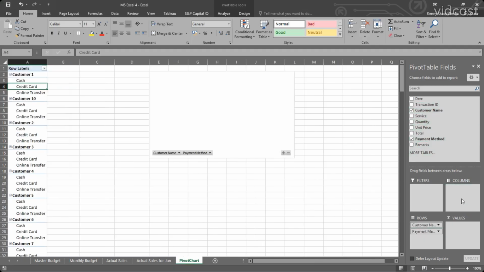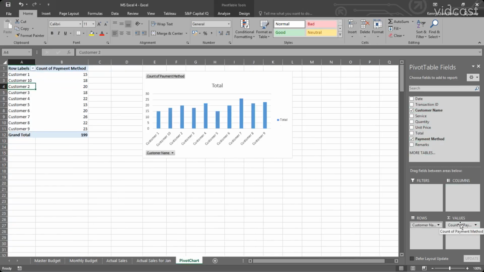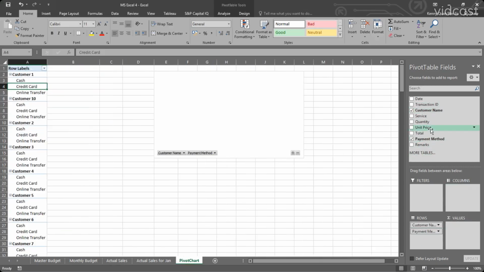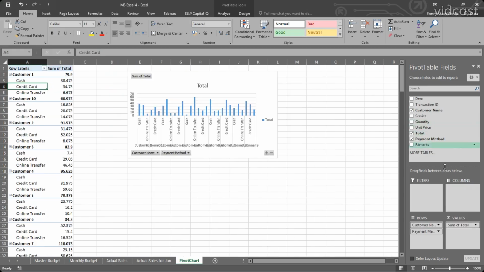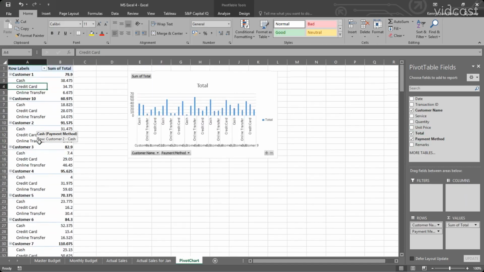We just drag this over here to column. Can drag this over to here. It will not appear that way, but can put the total over here. Right, you can see the customer with the payment method and the amount,